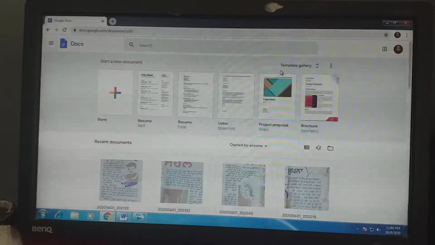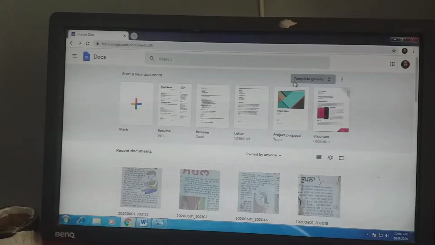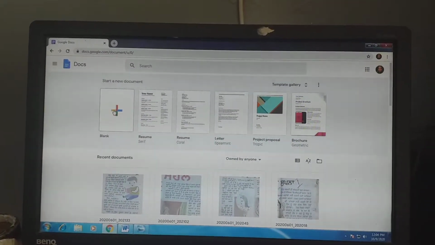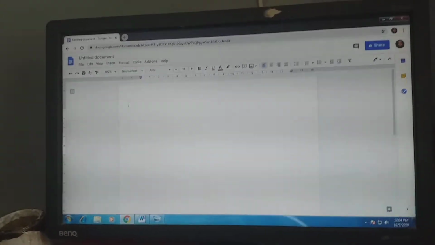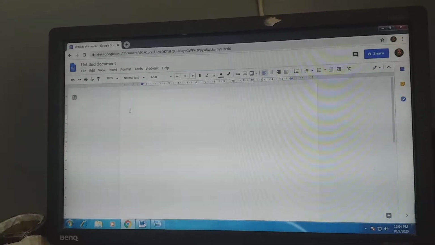This type of screen, this type of window, will open. Just click on blank. Here is the option where the document is open.